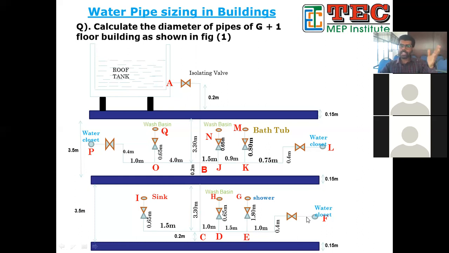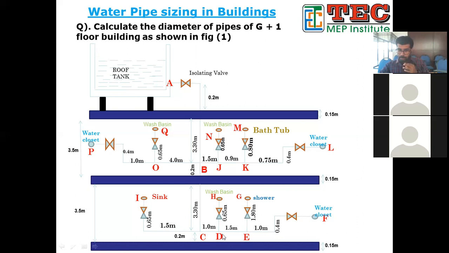You can get that directly from the table in the code. Different fixtures are given, and for the different fixtures, the recommended minimum pipe size is given. So that pipe size will be the same for EF and EG. For shower, what is the minimum pipe size? That will be the pipe size. For water faucet, the minimum pipe size given will be the pipe size. For wash basin, the minimum pipe size will be the pipe size. For sink, the minimum pipe size will be the pipe size.